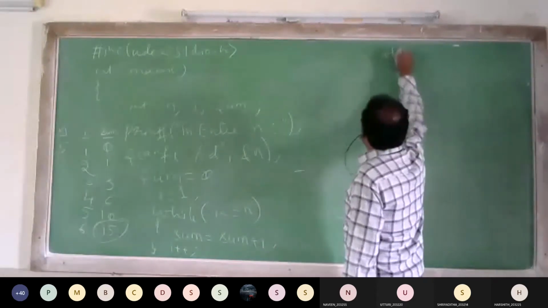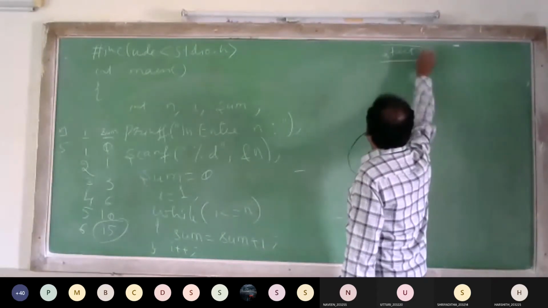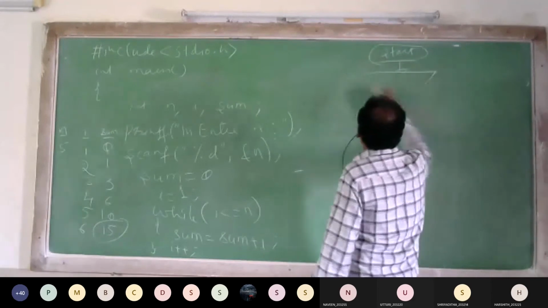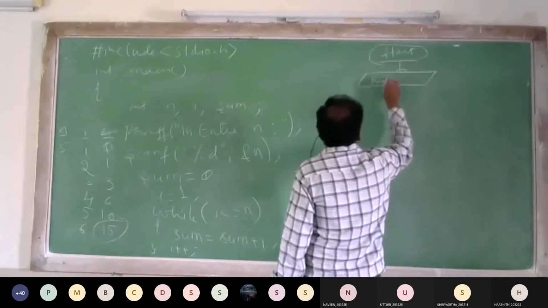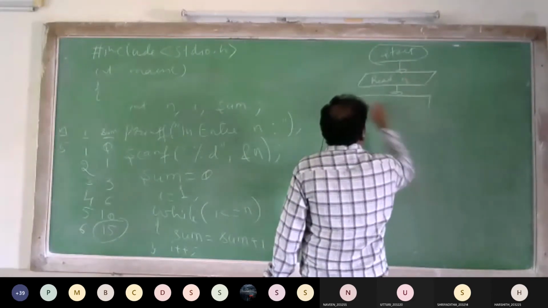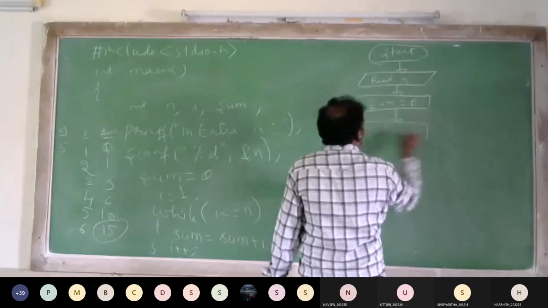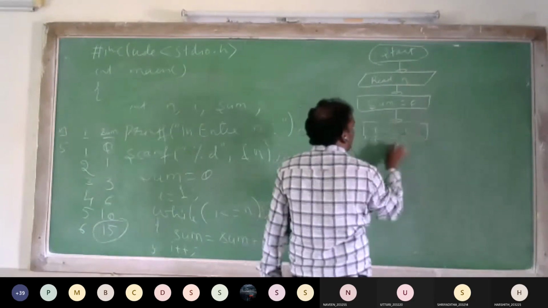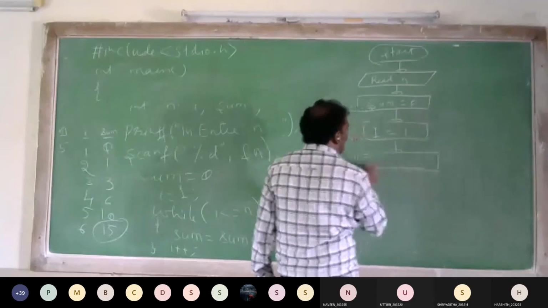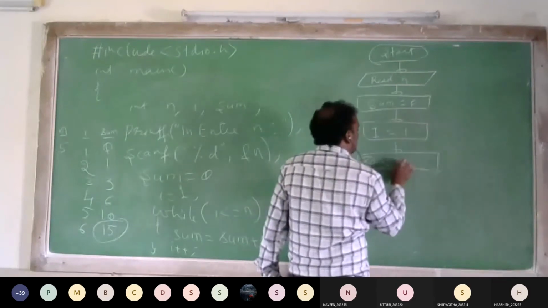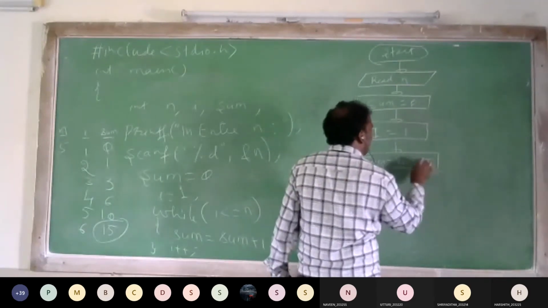Now, start. So I have written this one as read n. The starting value of the sum is 0. Then I have initialized the value i is equal to 1. Then I have taken sum is equal to sum plus i.